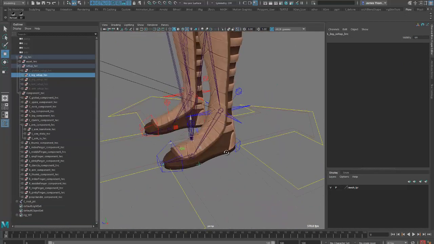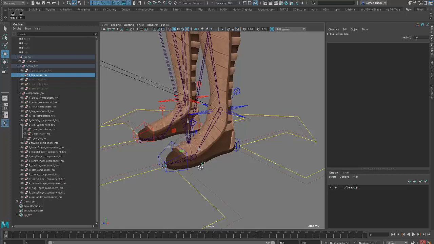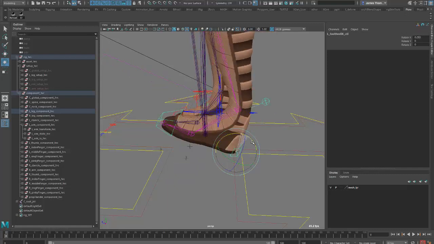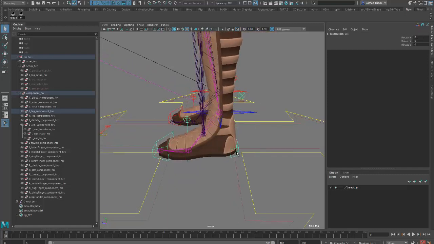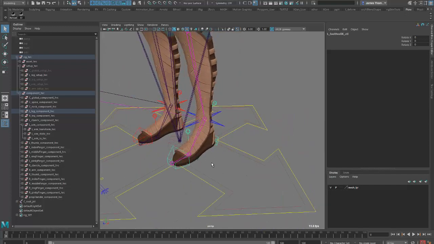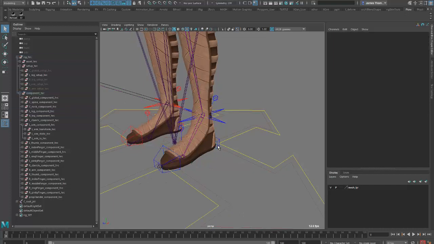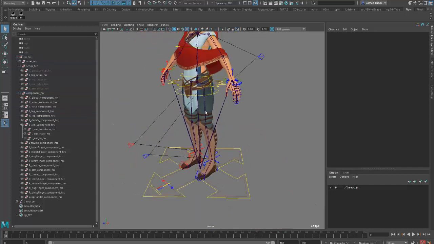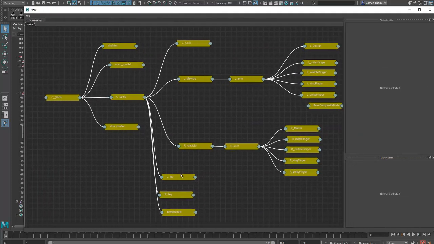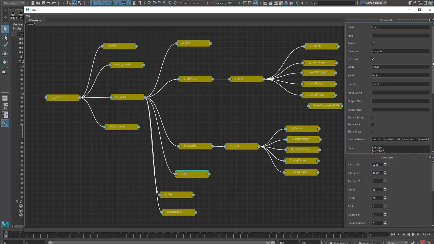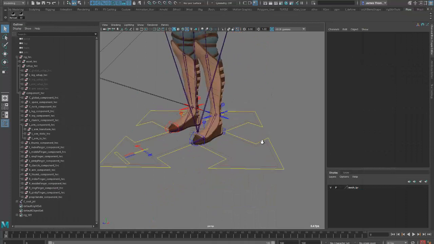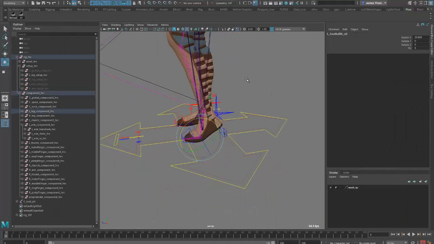So it's going to use those nodes to basically position the foot roll. So that's where we're getting this heel control from. It's using the matrix of that instead of the skeleton. So first it's going to use that setup, then it's going to build it. The way that it's building it is it's using the plantigrade, like we mentioned before. So go back to the leg, scroll down here, it's set to plantigrade. So it's going to do plantigrade foot,